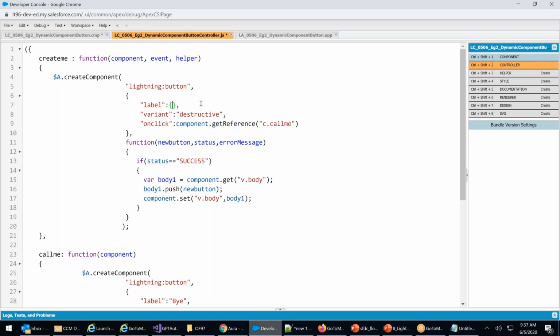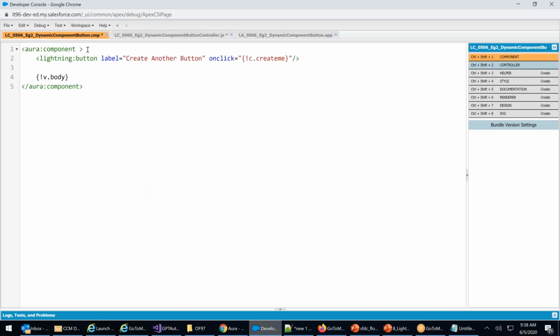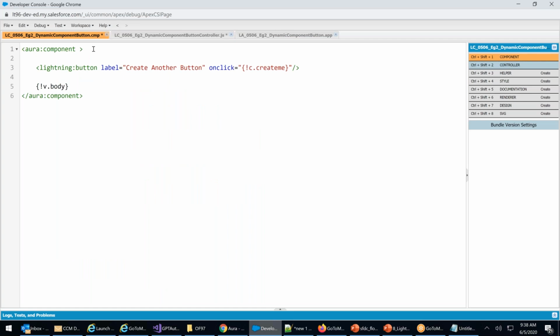Then what you have to do is exclamation v dot aa. This is how we say it: label equals to what? So I will say exclamation v dot label name. Go ahead, define an attribute, and now pass the value to this attribute.